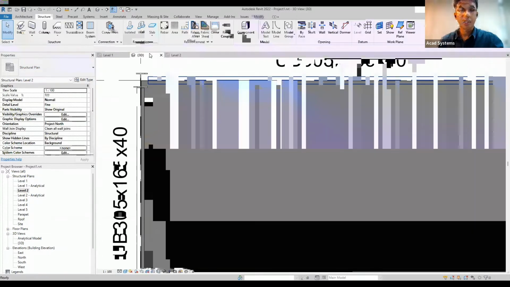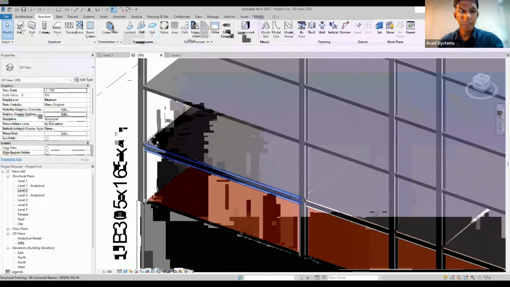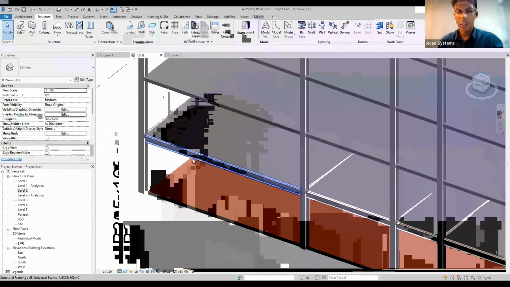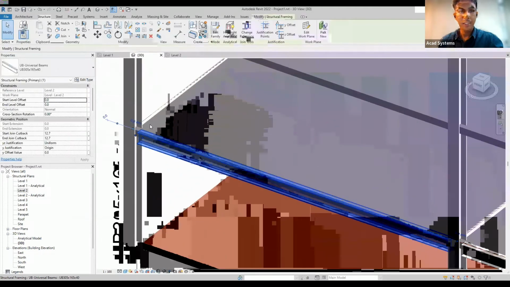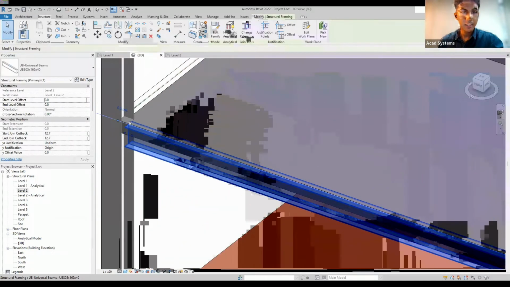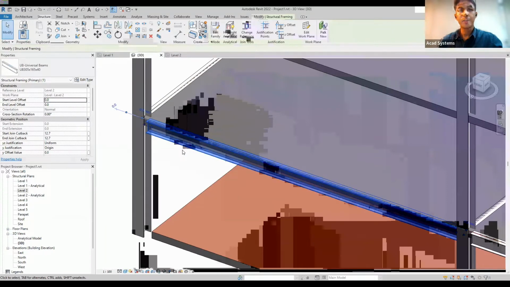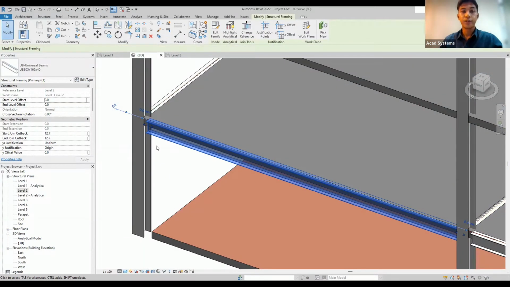Okay, let's go back to the 3D view. Okay, here are the beams, but as you can see, it is clashing with the floor. So for that, I would have to lower the beams. So I would have to apply an offset to a negative value. So I have calculated this in advance. So I have to apply a negative 180 millimeter